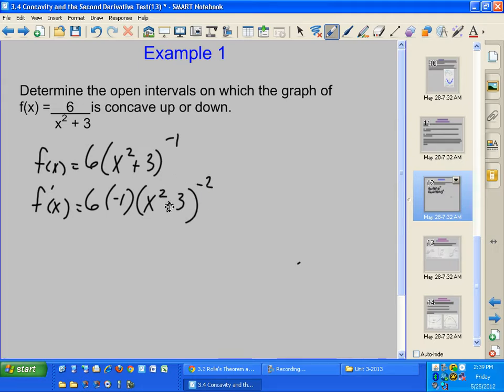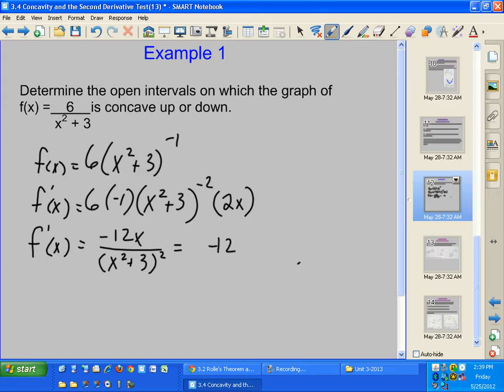This is my chain rule though, and I get 2x. So my first derivative function will look like this. It looks like I get negative 12x over (x squared plus 3) squared, or negative 12x times (x squared plus 3) to the negative 2. Well, in either case, if we were to go ahead and